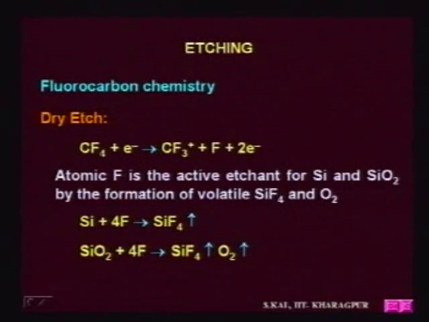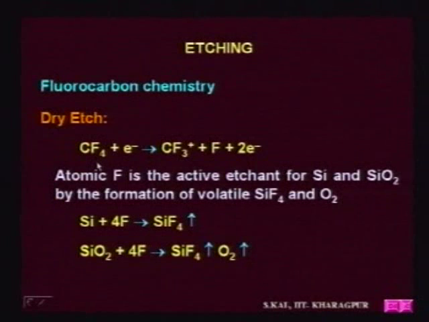But one problem is there: when CF3 plus and fluorine are created, the reverse reaction also takes place, and CF3 plus and fluorine recombine to form CF4. That means if by any way we can reduce the CF4,